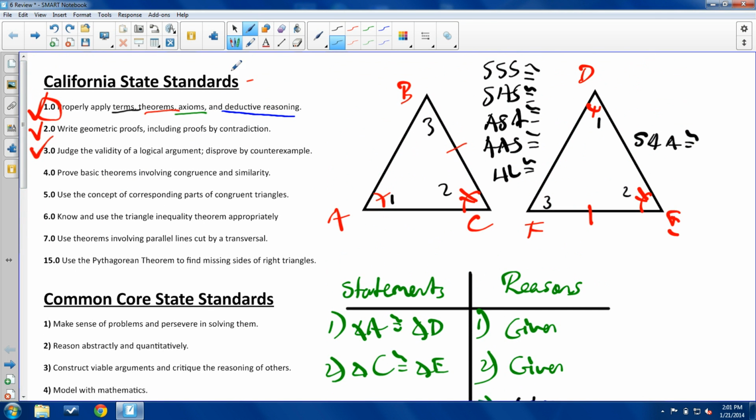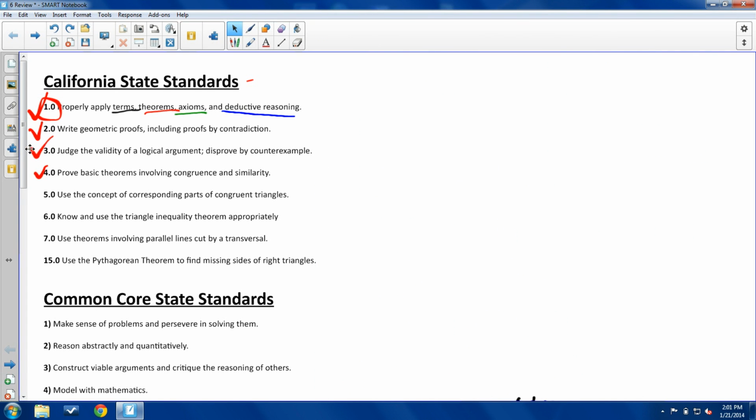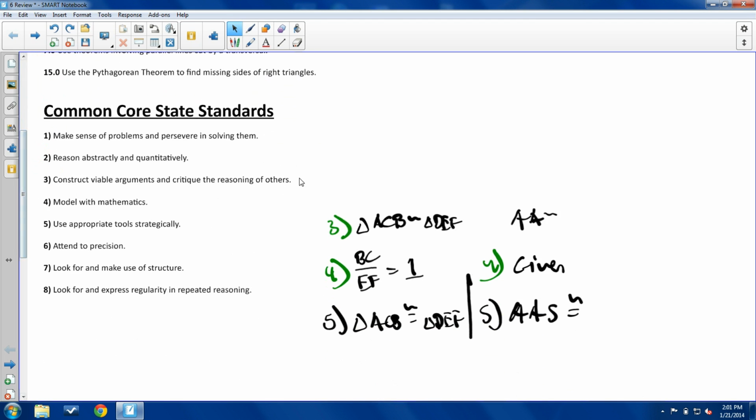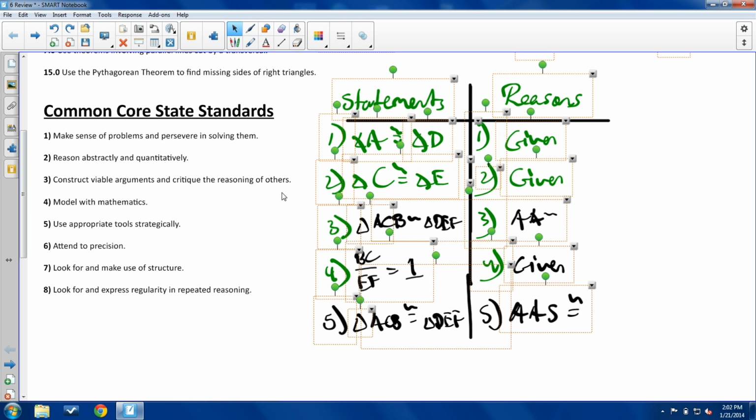So there's the concept of basic theorems involving congruence and similarity. I'm not going farther beyond that because we've done that a lot. I just want to make sure that the sequence made sense and the fact that similarity and congruence are two different things, and the two-column proof I wanted you to look at, all that stuff. Actually, let's go back. I want to keep that up here. Let's do